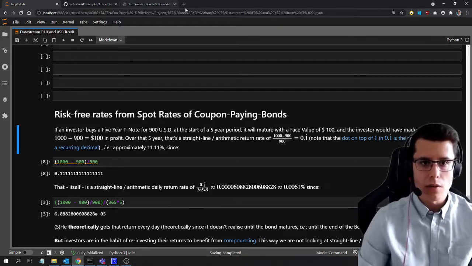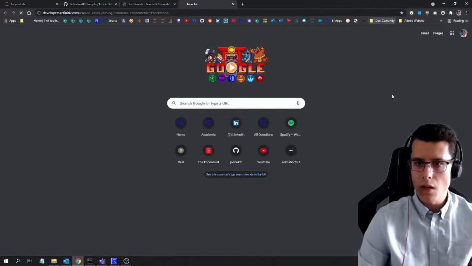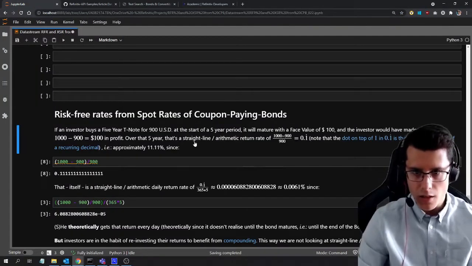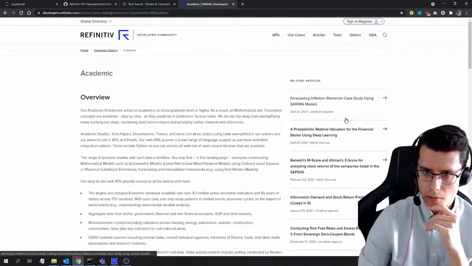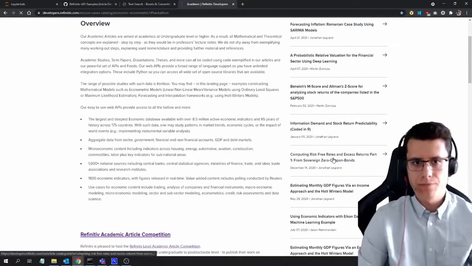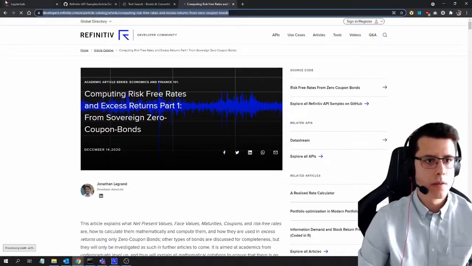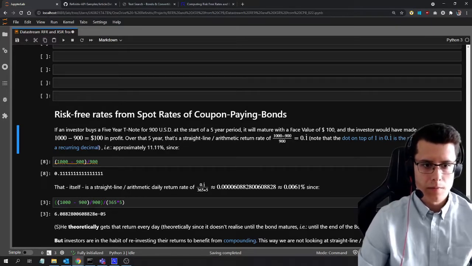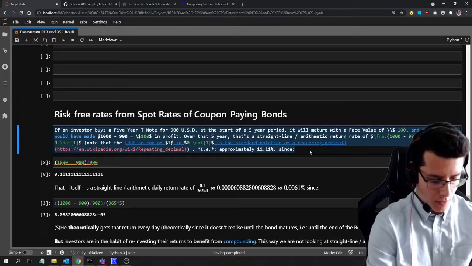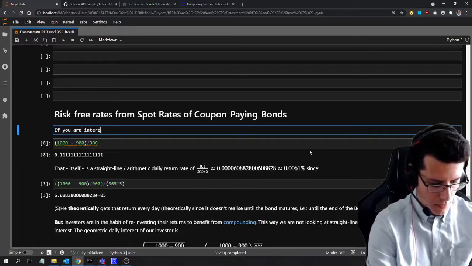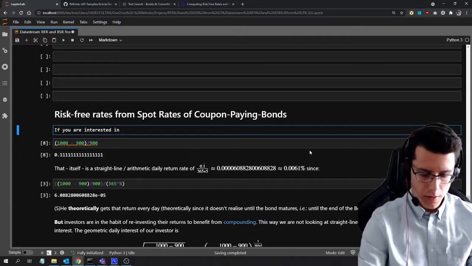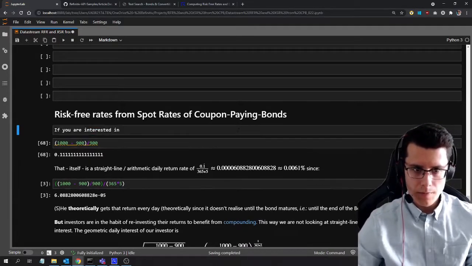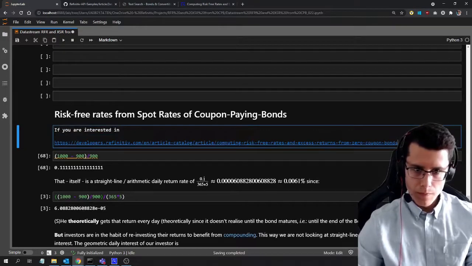I'm going to say that if you are interested in all of these details right here, you can read the previous article, which was part 1. If I scroll up, it should be somewhere in there. Risk rates, there. I'm just going to copy the link in there. All right. Let's do that. If you are interested in, so I'm going to say, no, wrong one. If you're interested in